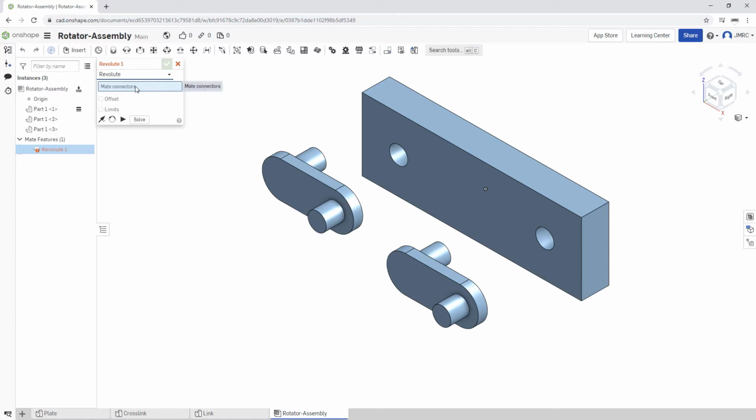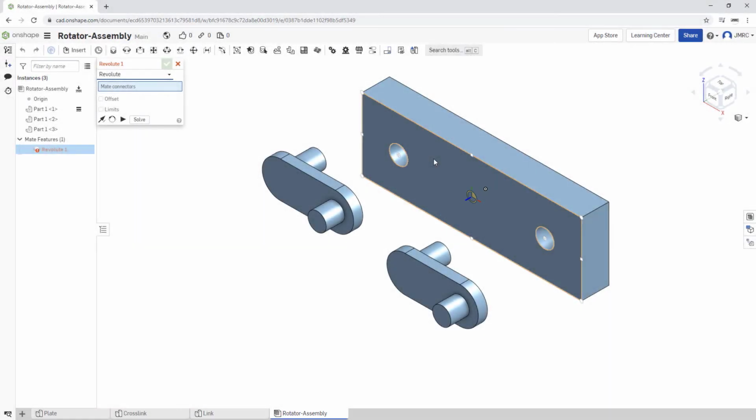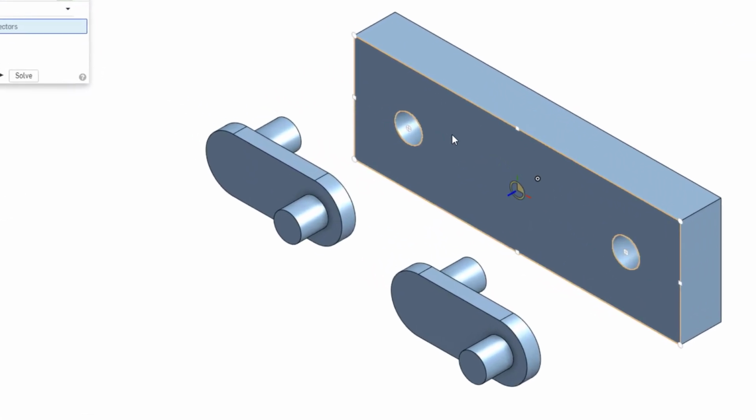Next, we are now prompted to select mate connectors. And notice as I hover over this part, what you're seeing on the highlight is the mate connector. So notice the green, red, and the blue lines, that denotes its positive direction. In addition, the front face of our plate is currently highlighted. And on the corners, we are seeing a small white dot depicting the corners and small boxes depicting the midpoint